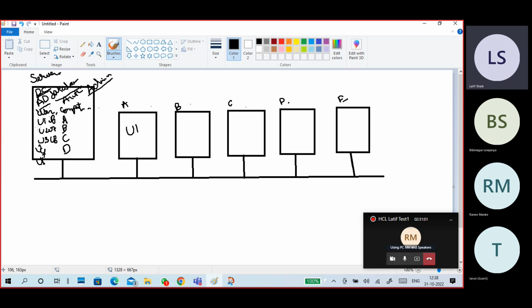In the domain controller, I created a user account named user 1 and I'm logging in to A PC. I log into A PC. Now what will happen? So we'll see. This request goes to the domain controller. When you are trying to log in